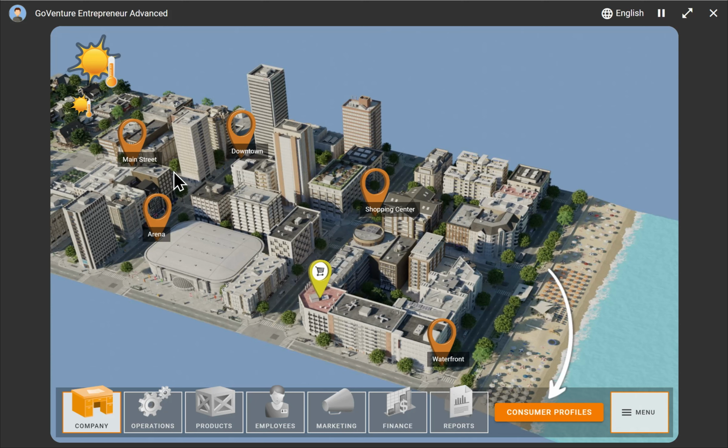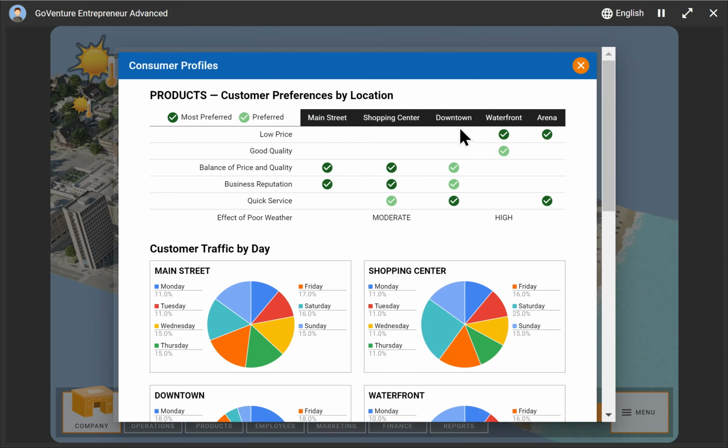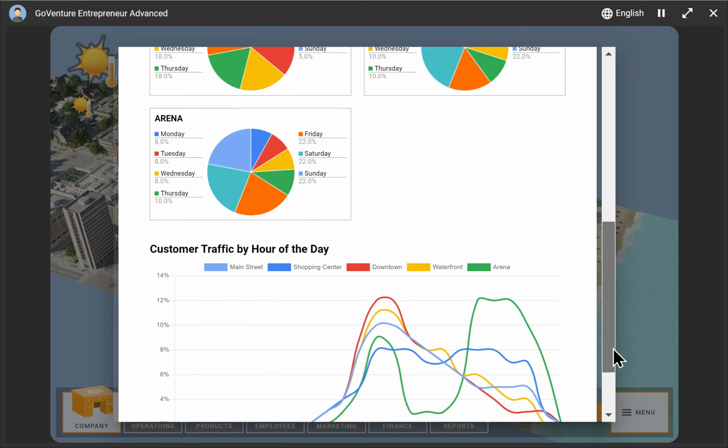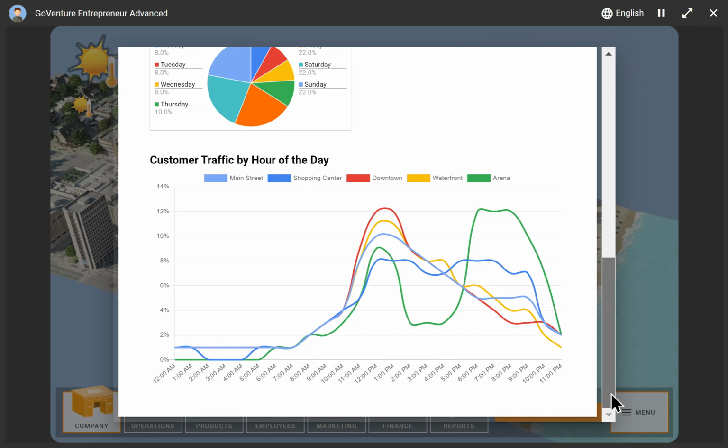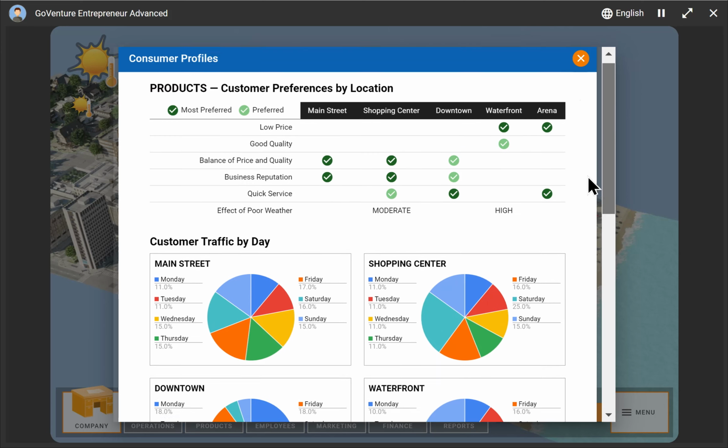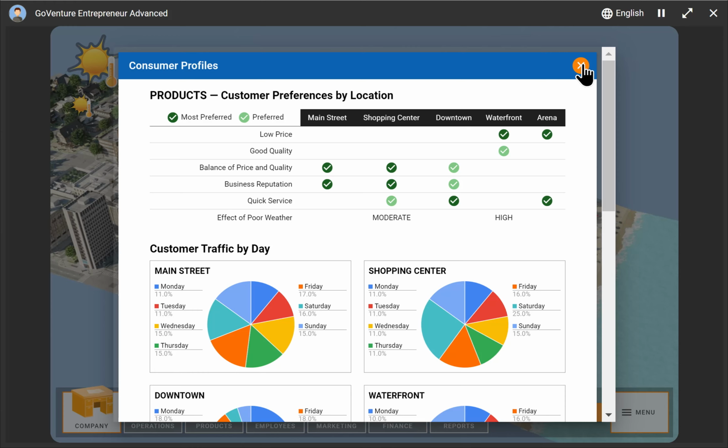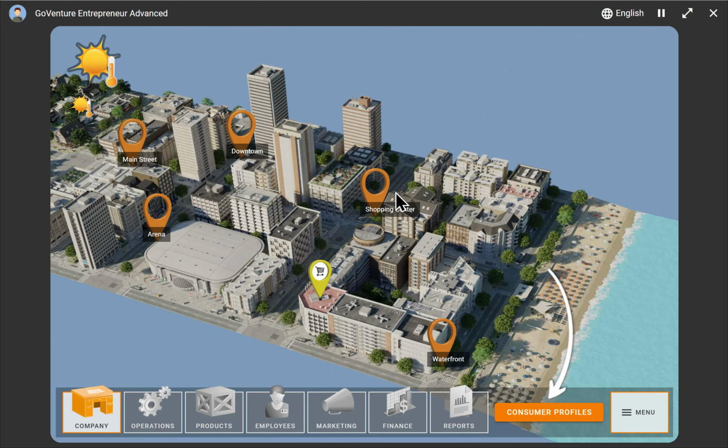We can choose our location now in the city. There are different locations we could set up, and each location has different consumer profiles. You'll notice there's a Consumer Profiles button, with different parts of the city and all sorts of psychographics and traffic patterns for the consumers within that city. That helps us determine where we want to set up. Once we're successful with one kiosk, we can start a second kiosk and then a third kiosk, and the third kiosk is actually a mobile truck. The first and second are fixed in their location, but the third one can move to different locations, which makes it even more interesting.